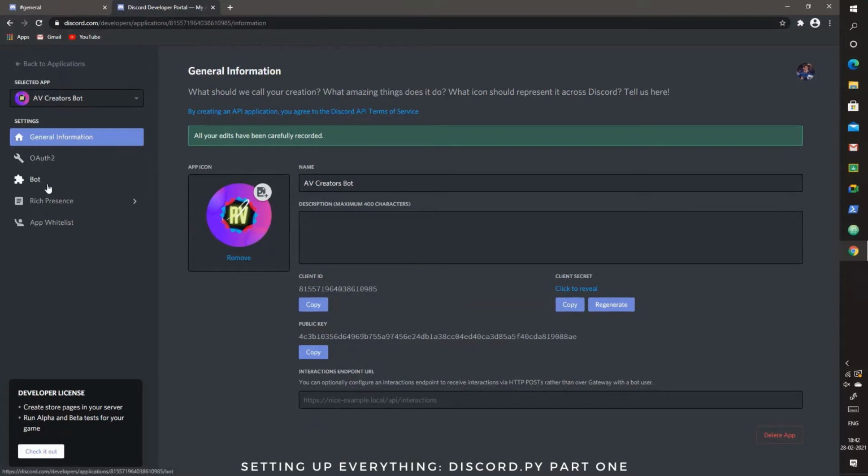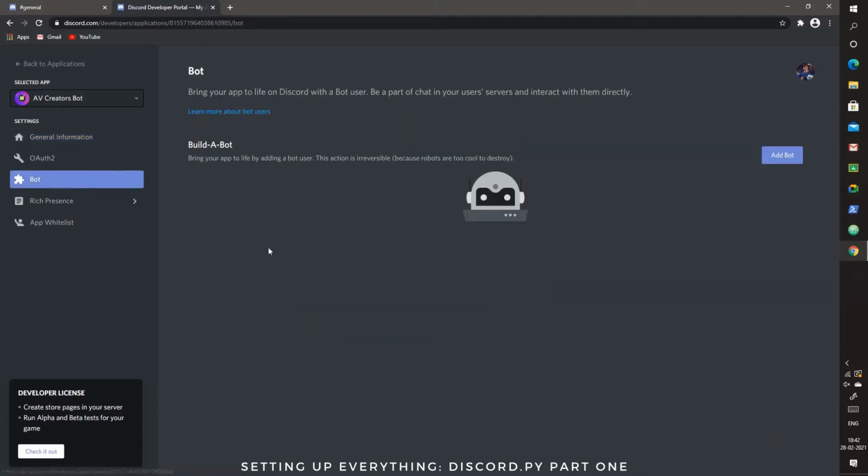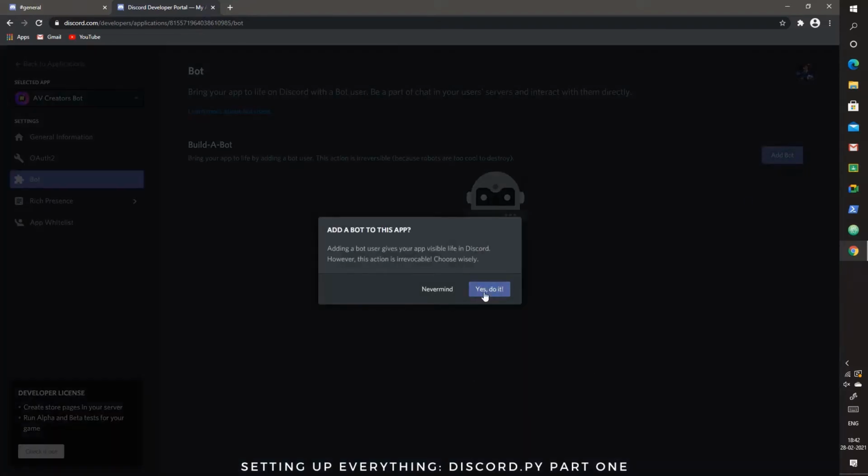Alright, so now what we want to do is we can see this puzzle piece here and we want to click on that tab called bot, because there are various types of Discord applications. Those other ones are hard to code. The bot is one of the easiest. Although from a generic perspective, coding a Discord bot isn't that easy either. But obviously you can watch tutorials like ours and it will be easy for you. So let's click on bot here and let's add it. It's an irreversible action, and that means once you add a bot, you cannot delete the application ever. So let's add it. Yes, do it.